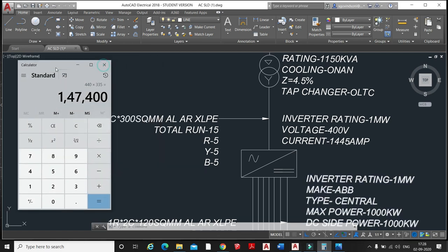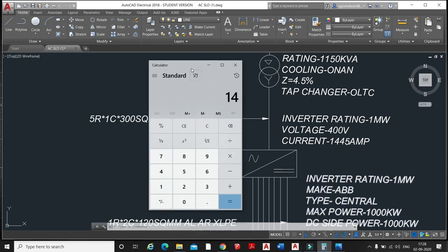So how do we choose it? The total current is 1445 and it is divided by 365. The total number of runs is 4. Okay. So when we multiply 4 into 365, the total current carried by the cable is 1460 ampere. But let's suppose we choose 5 runs. 5 into 365 is 1825 ampere current carried by the cable. When it is derated by 0.8, then the cable current is 1460 ampere after derating.